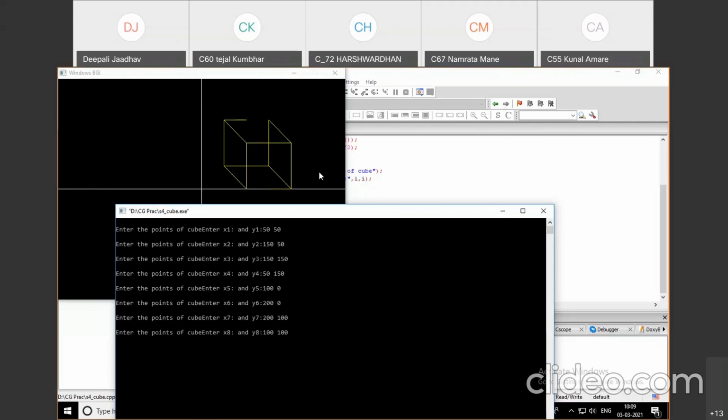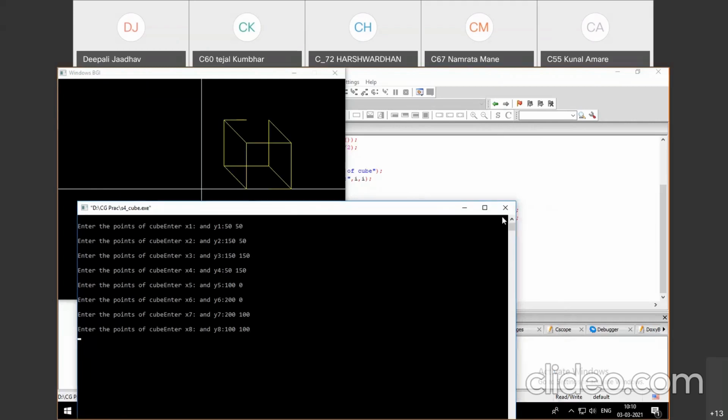Now apply the same translation and all these things, and you can perform the transformation. Why do we require it in the case of reflection? We need to show it through x equal to 0, y equal to 0, reflection through y equal to x, reflection through y equal to minus x. So in that case we require the x and y plane. Otherwise, for shearing effect and translation effect, you can show them without the x and y coordinates, but it is standard practice that you perform the transformation with the x and y plane on this generated cube.